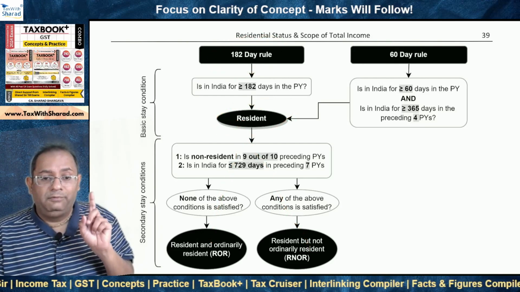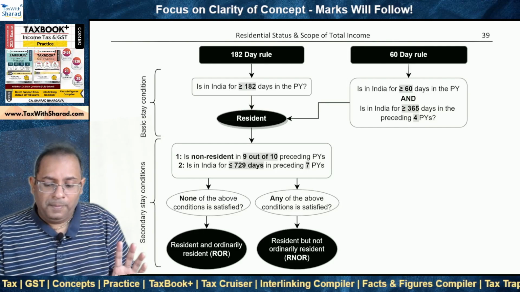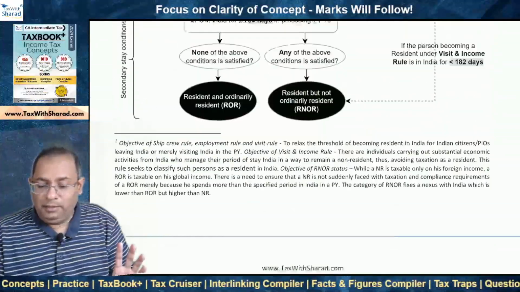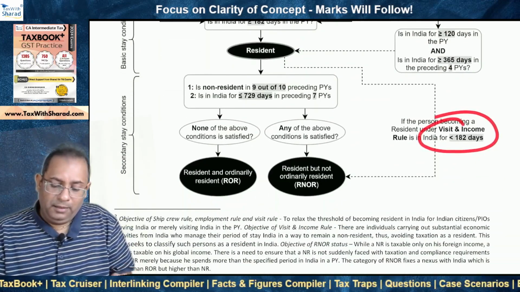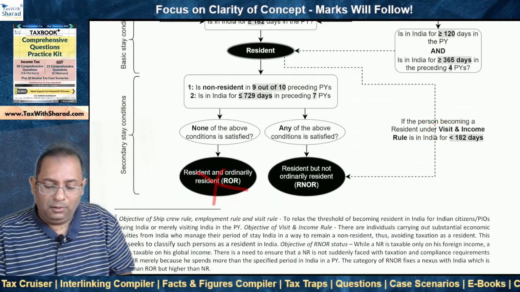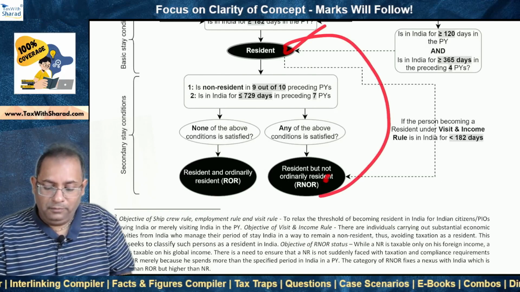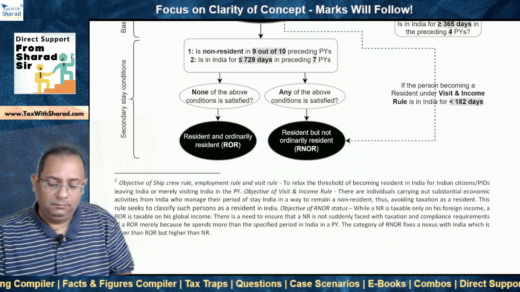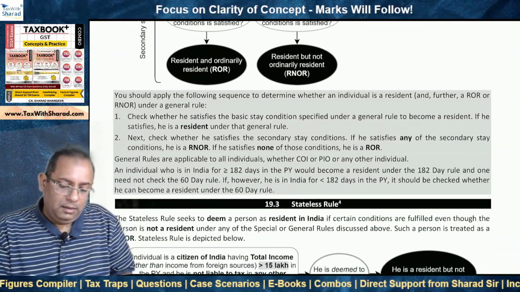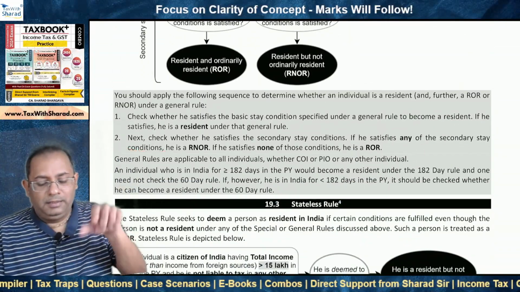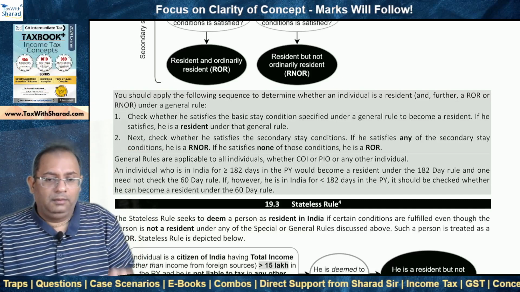Note this special difference in the case of the visit and income rule. In the case of the visit and income rule, if the person is for less than 182 days, okay, then the person will not be categorized as ROR, the person will be a resident, and then straight away a RNOR. Okay. So this is a sequence that we have discussed that we need to apply